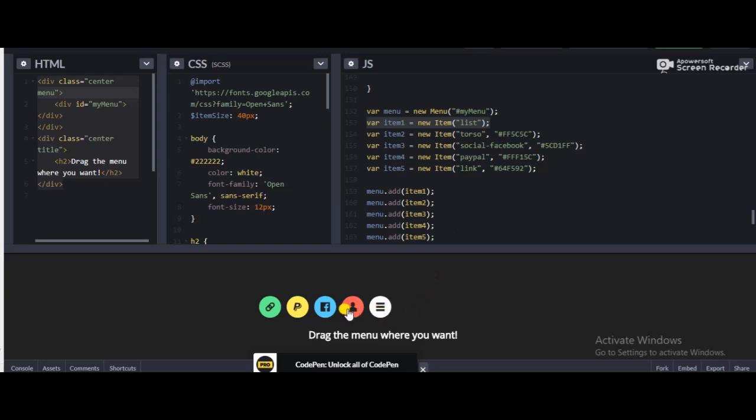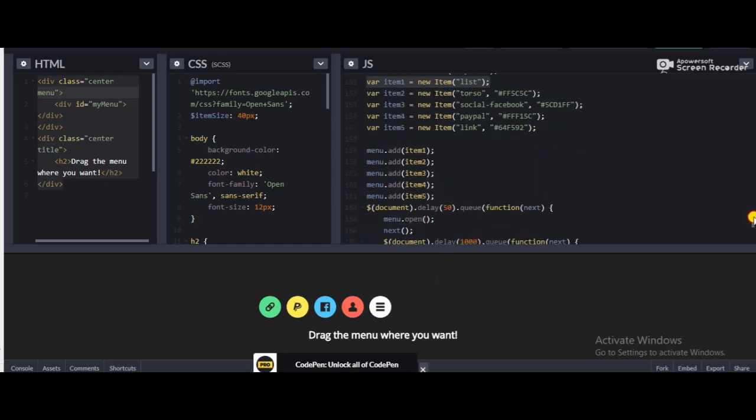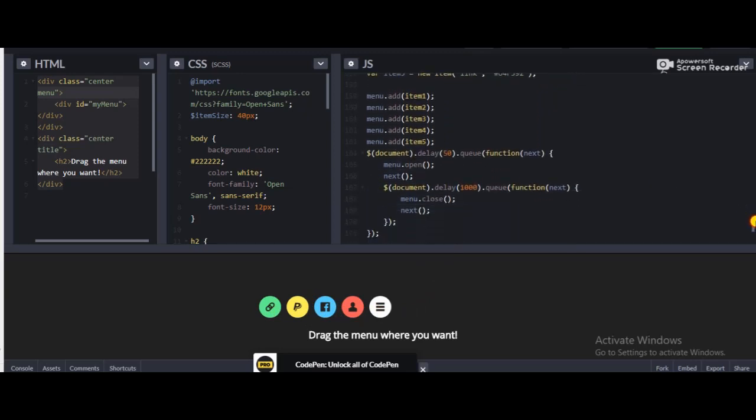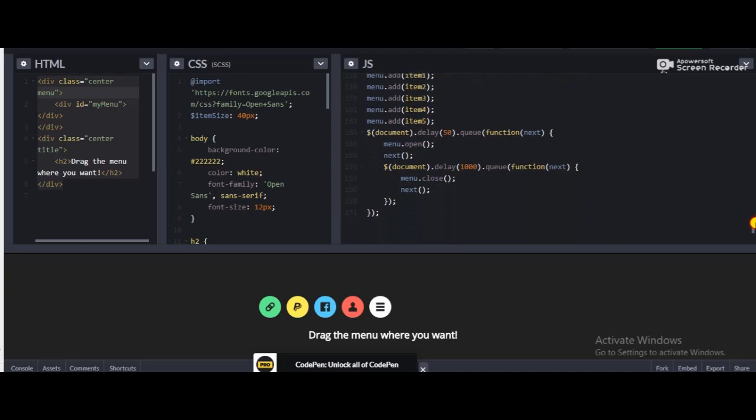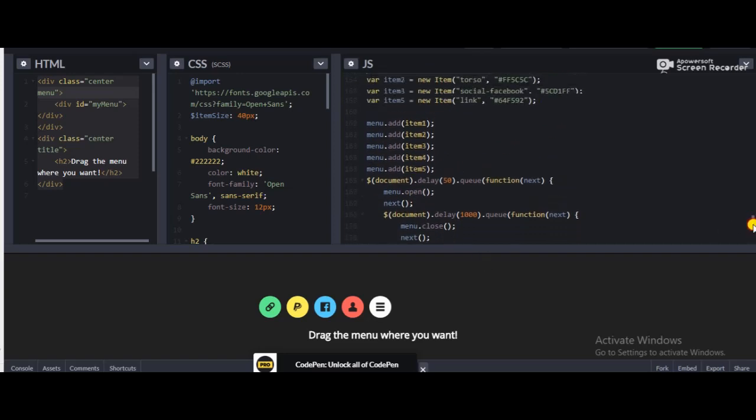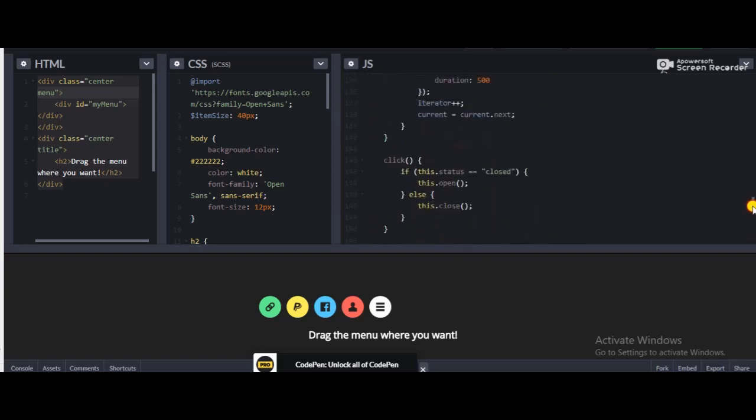So these are the items, and we add this menu item like this, and then we call the jQuery document delay, and queue is a function next, and the menu should be open like this. So hopefully you understand this kind of thing, how we can apply the menu animation into your website.